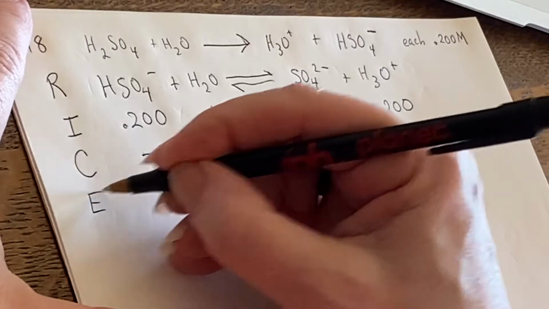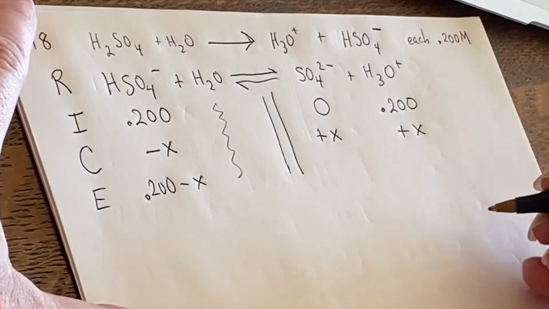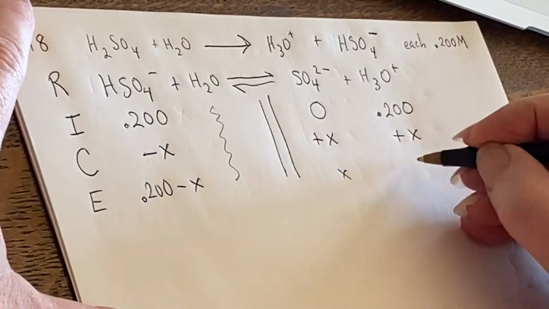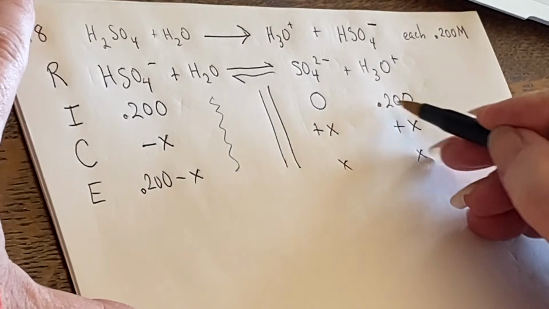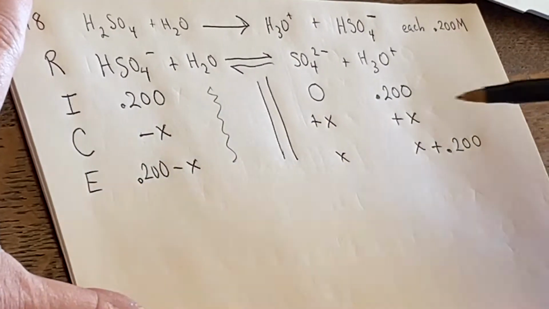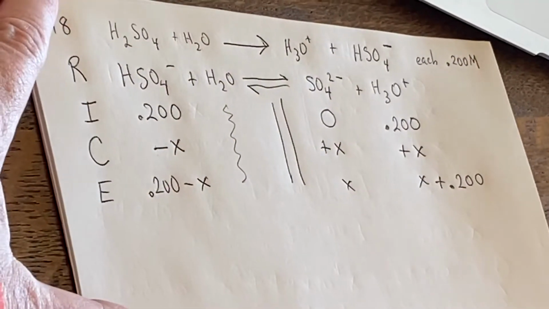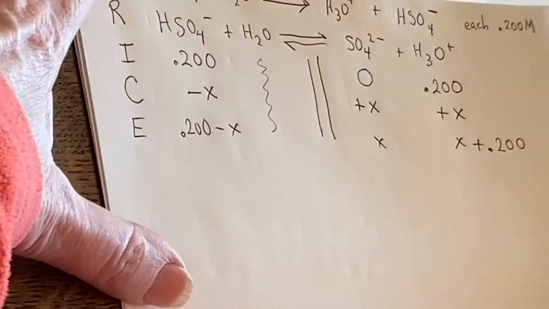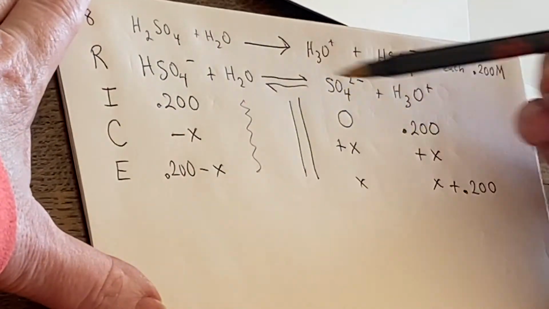And at equilibrium, 0.200 minus X, X, and X. Whoop, that's not just X. Where's that? Don't forget about it. Oh my goodness, you gotta watch yourself. This one was fine, but this one, okay, don't do that. You'll be unhappy if you forget that one. But these were set